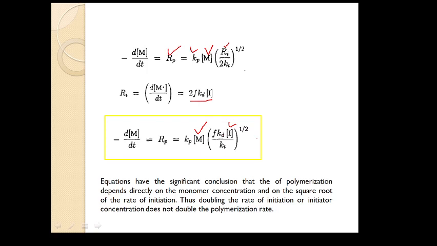So we conclude that the rate of polymerization is directly proportional to the concentration of monomer, but directly proportional to the square root of the initiator concentration. So if you know the initiator efficiency, the rate of dissociation of the initiator, and the termination rate constant,